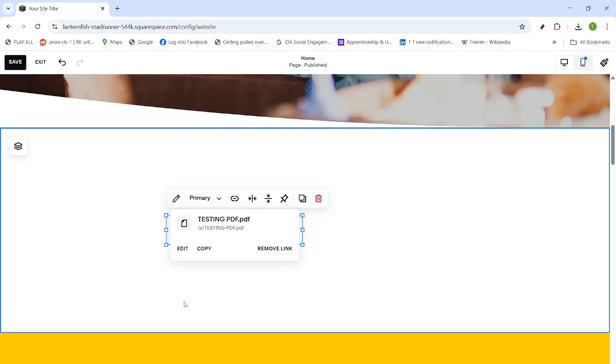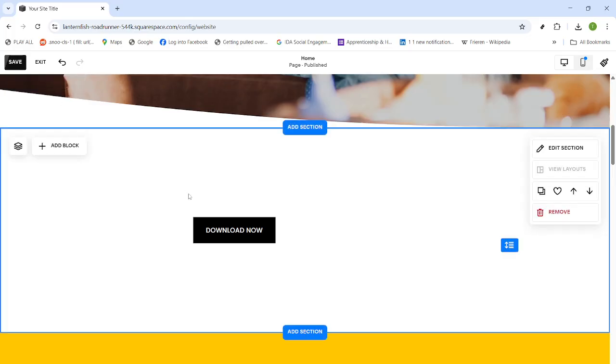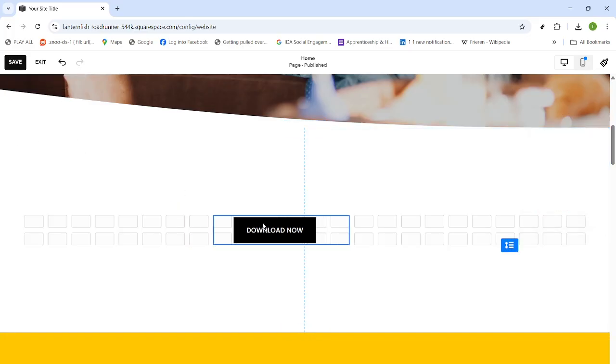Click the button again to open the link field in the settings. In the link options, choose File. This tells Squarespace that clicking the button should download or open a file, not go to a page or an external URL. Click to upload a file from your computer or select an existing file from your library if you've